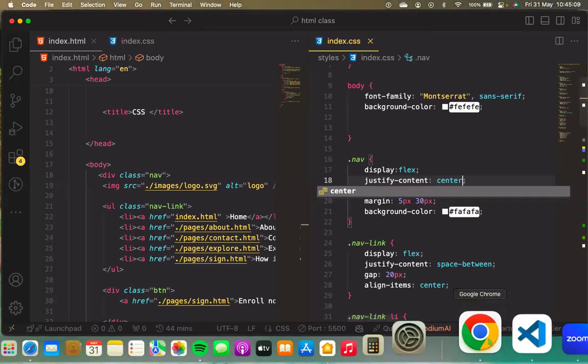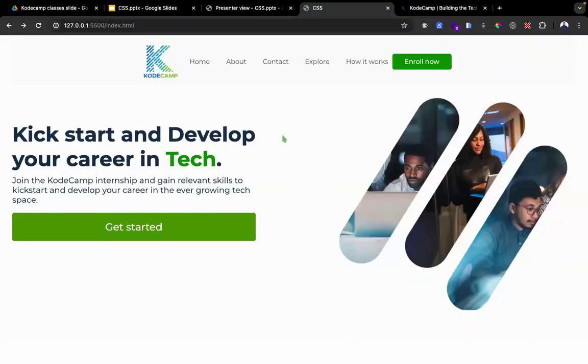Which is this. You can see all our elements are right in the center, which is normal. But now you can see everything is all bunched up. We want to give it a space. In Flexbox,